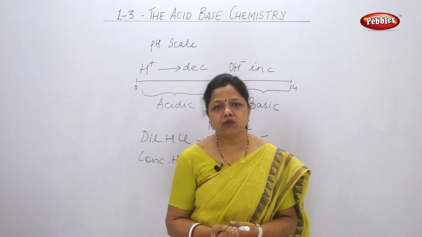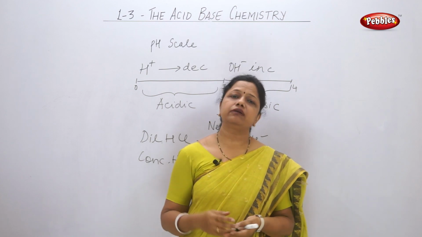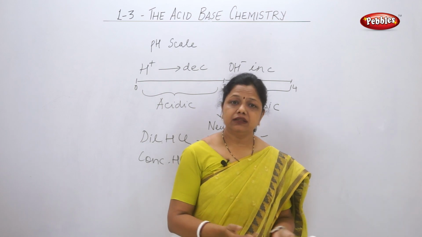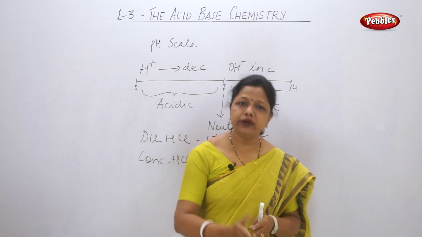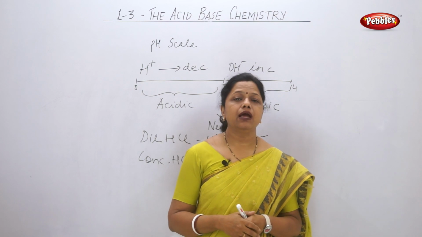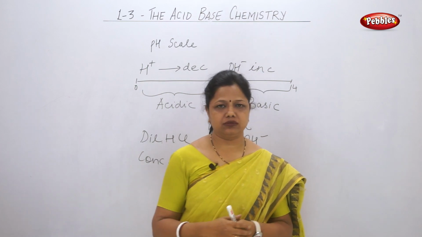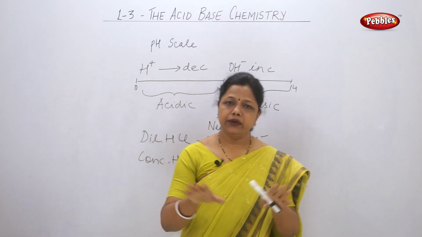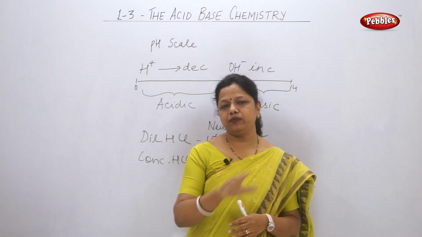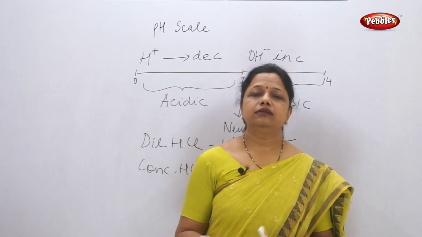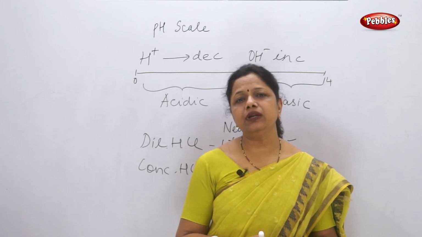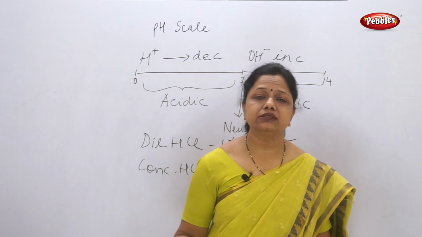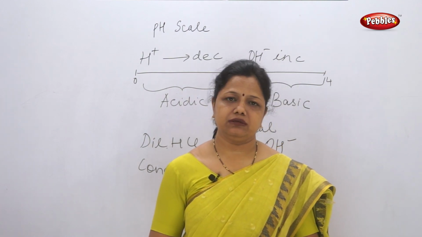They do not require acid medium or basic medium. If the soil is more acidic, the acid content will go into the body parts of the plant and may hamper their growth. This is the reason the soil should be around neutral or around 7 pH, and then only the proper growth of the crops will take place. This is how we are seeing that our surroundings are also based on pH.